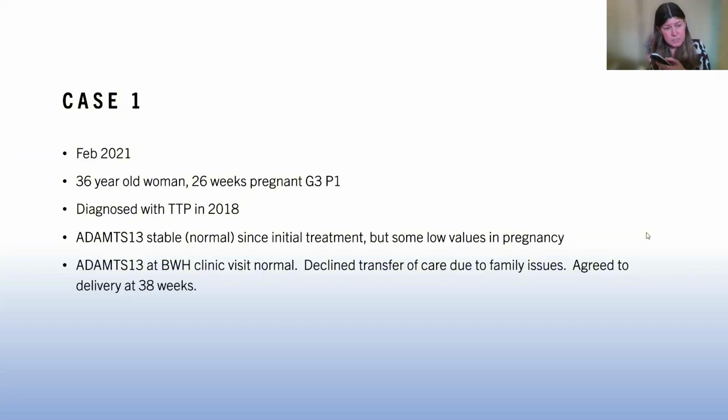So we spoke to the haematologist in her local unit, who's a very close colleague, someone we work with very well. And we agreed to ongoing monitoring. We said that if her ADAMTS 13 dropped further, we would consider giving her immunosuppression like cyclosporin with appropriate monitoring. And then we agreed that empirically we would deliver her at 38 weeks, really because of a concern about the chance of TTP relapse increasing as you get closer to term and von Willebrand levels increase.